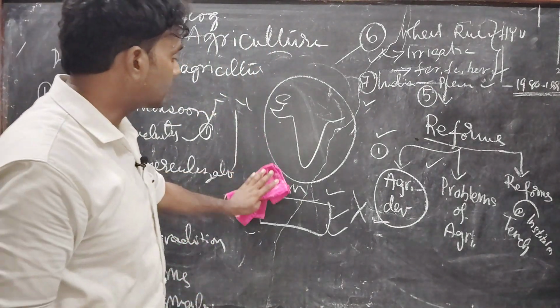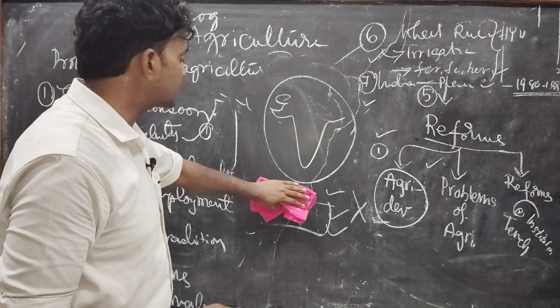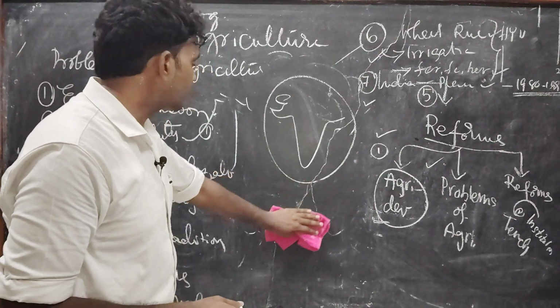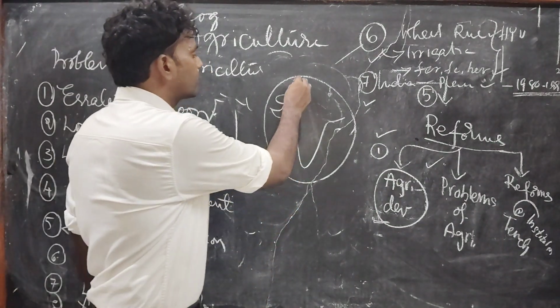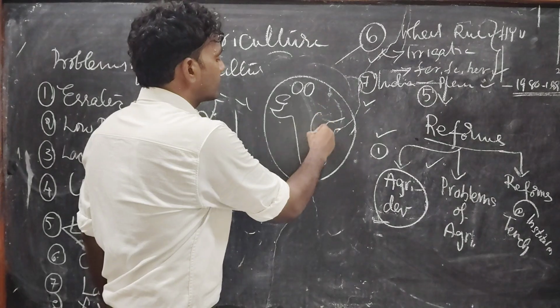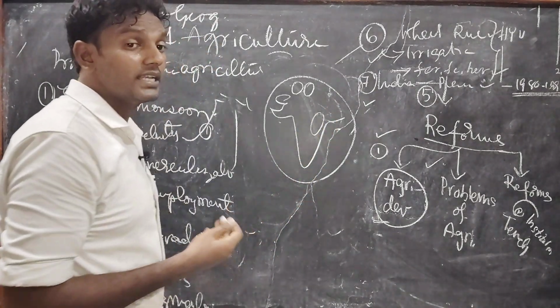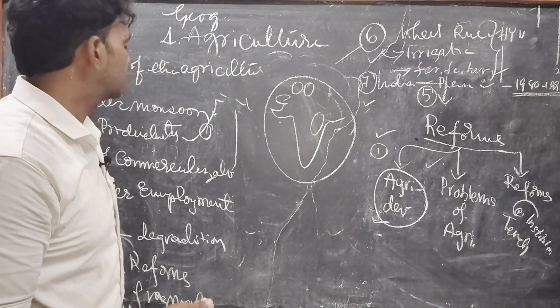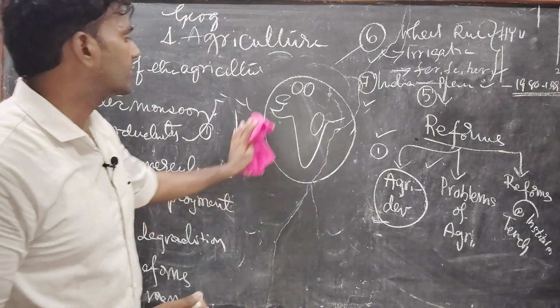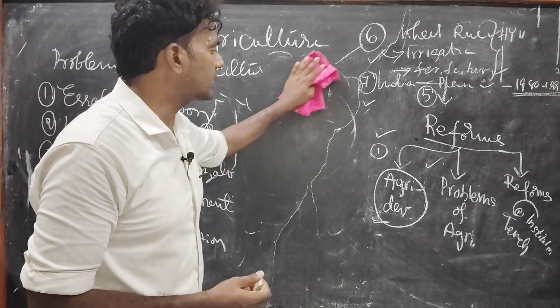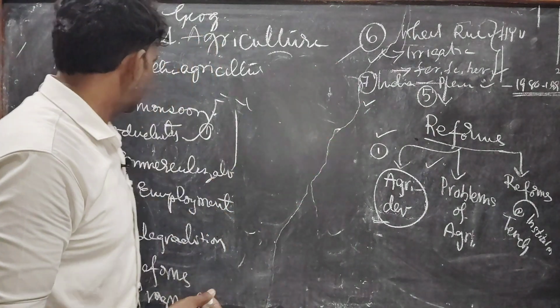But commercialization has happened in some areas, the irrigated areas: Punjab, Haryana, and some parts of Andhra Pradesh. These irrigated lands come under commercial farming. They are cultivating three times a year also. Coming to